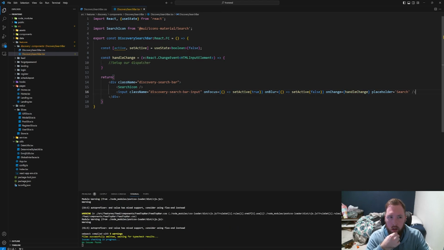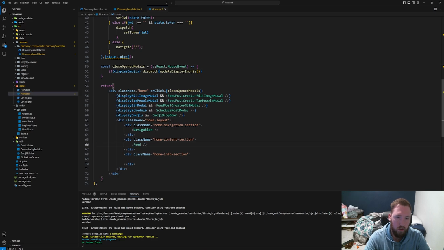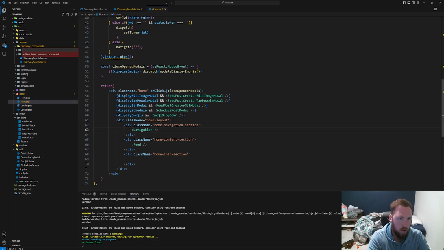Okay, so now we also need a discovery section that goes inside of the homepage, because the homepage has feed, has a navigation section, and then it has, this one says info section. I could probably rename this discovery, but it is what it is. So we need this section, and it looks like I just called it navigation feed, whatever. So I'm going to go ahead and say new folder. I'm going to call this just discovery to go with the flow of what I had earlier, and new file, and this will be called